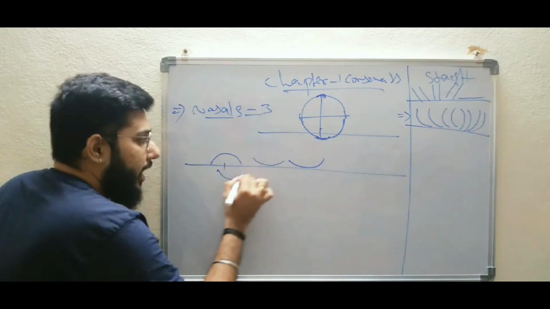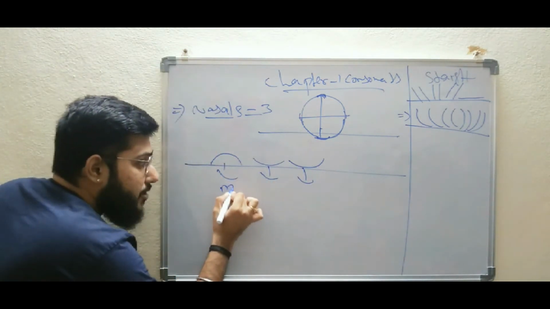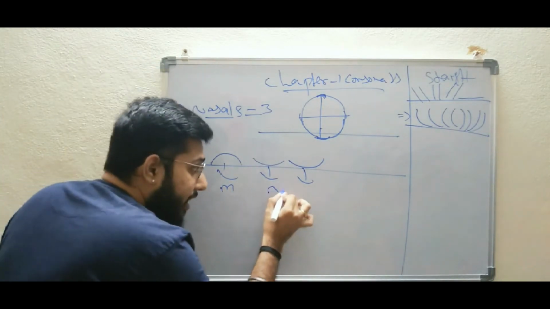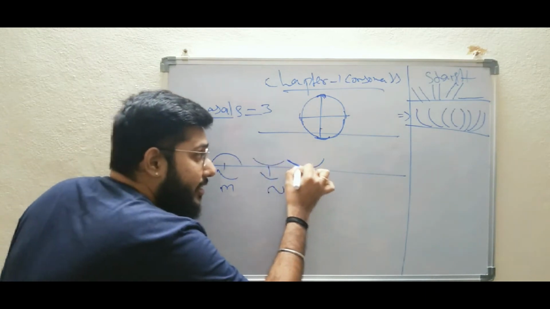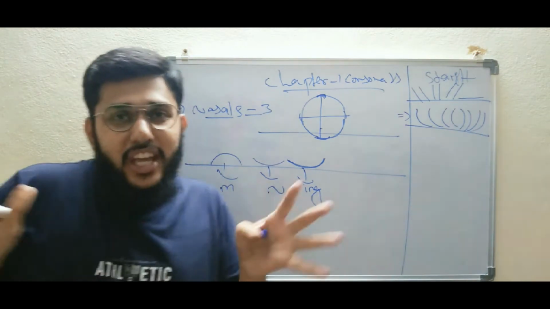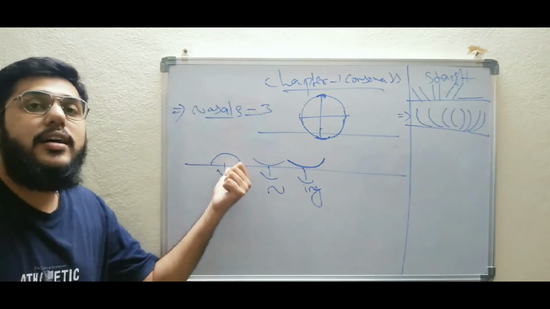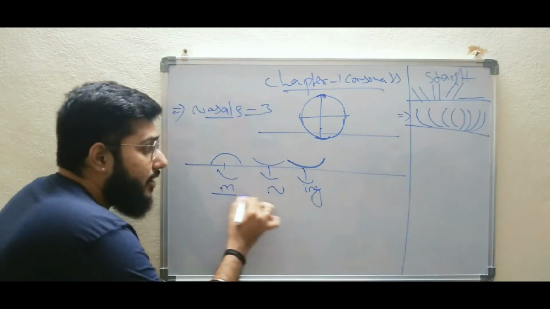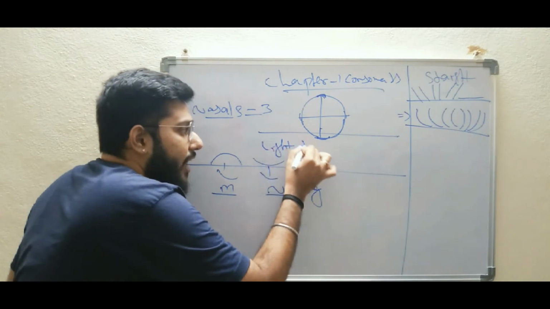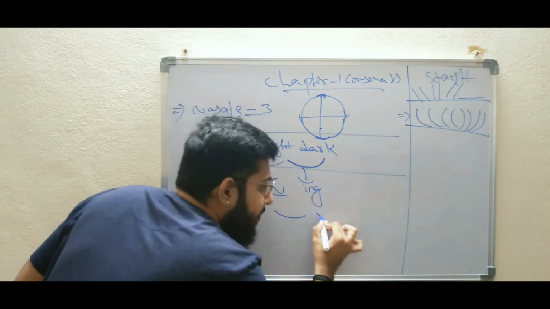Let us give names to these. The upper curve is called the M stroke, and the down curve is called N. If I write the same thing in a dark way, this is called ing, I-N-G, ing. To remember: the upper curve is M, and the down curve is divided into light and dark. This is light and this is dark. So light means N, dark means ing.